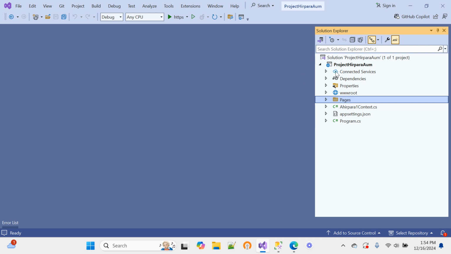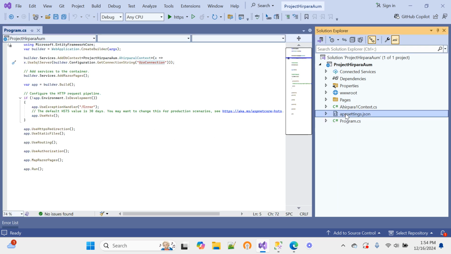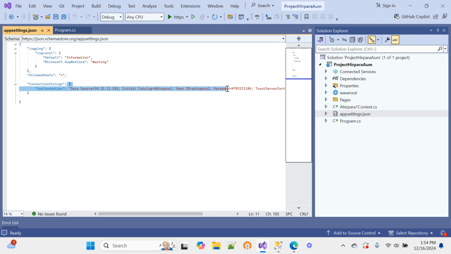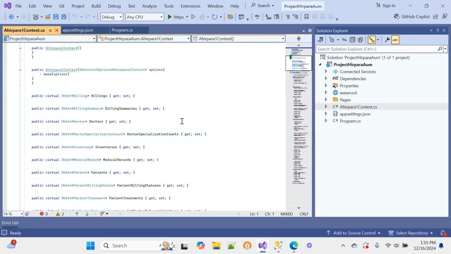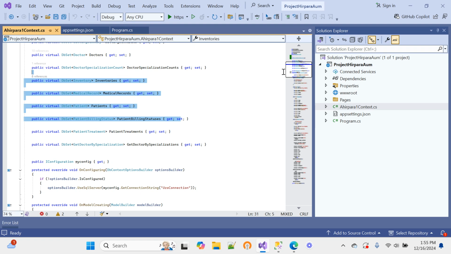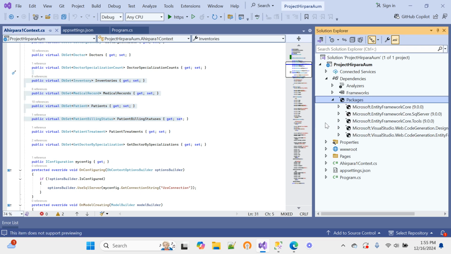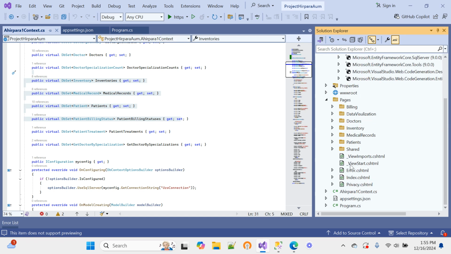Now we have Visual Studio. This is my project. It's my Program.cs file, where I have the connection string through the appsettings.json file. Then I created a context file, which has the models of the individual tables. In dependencies, I installed the packages required for ASP.NET Core, and then I created this